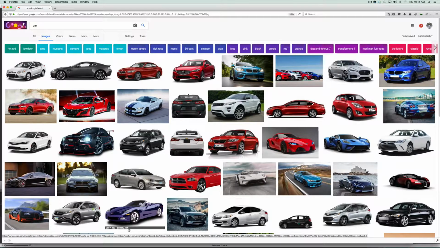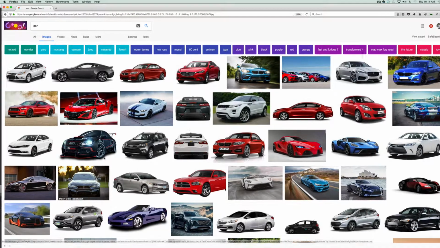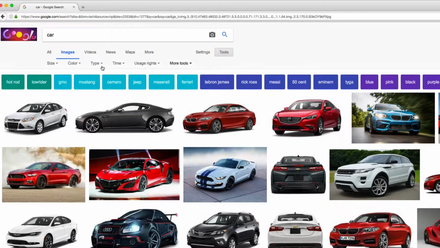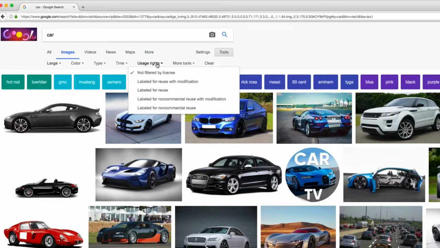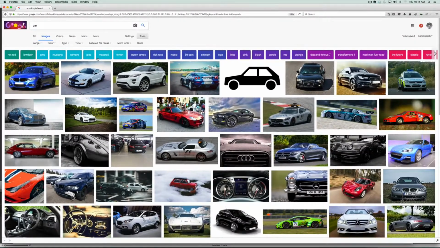Now what you're seeing here are thumbnails. So we want to filter down to high quality images, and we'll click on Tools, Size, Large. Now these are still thumbnails, but these are high quality images, and we're going to also filter the usage rights for labeled for use. This means that someone, when they uploaded this to Google, provided you with the ability to